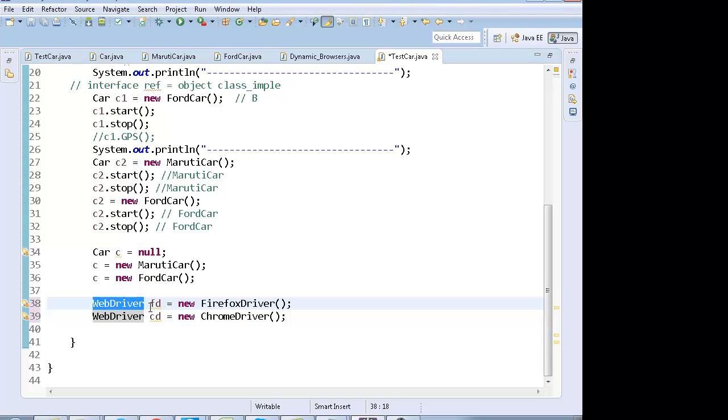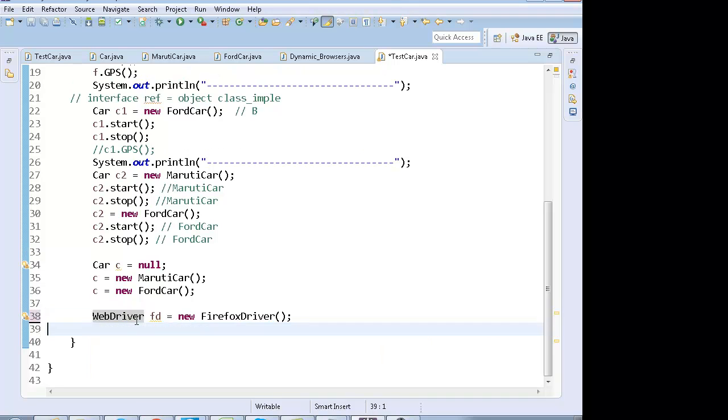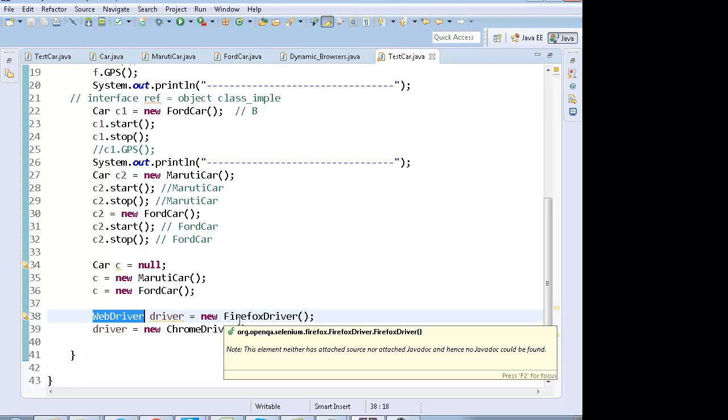I can write WebDriver driver equals new FirefoxDriver. Maybe on the next line I can make driver point towards the object of new ChromeDriver, because both these driver classes are implementing the WebDriver interface.